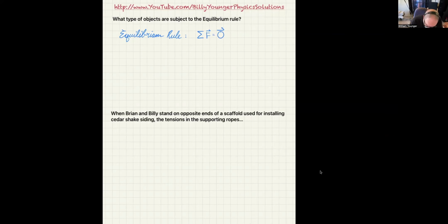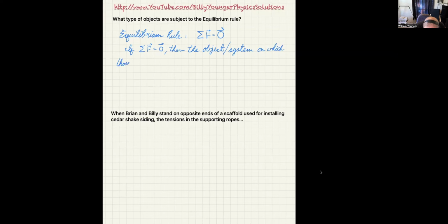And when that's the case, if the summation of the forces is equal to zero, then the object or system, because it could be several objects that you're applying Newton's laws of motion to, on which those forces act